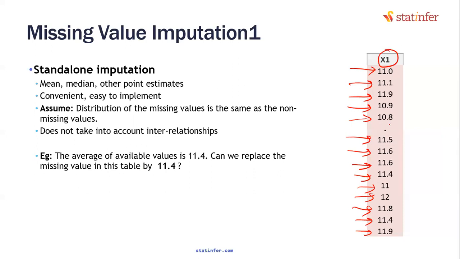I don't want to delete that row. No, I don't want to delete that row, because for me, the x2 variable is present, x3 is present, everything is perfectly fine. It is available. That is important data for me. Just for the case of one variable, why do I want to delete the whole row? I have this info present, all the other columns are present. Then I have to somehow fill